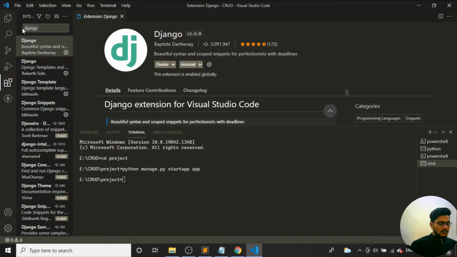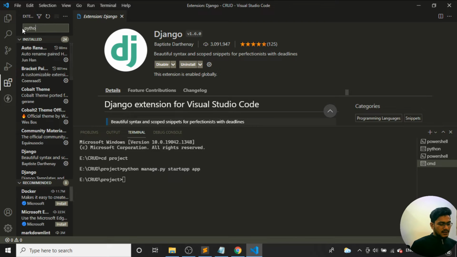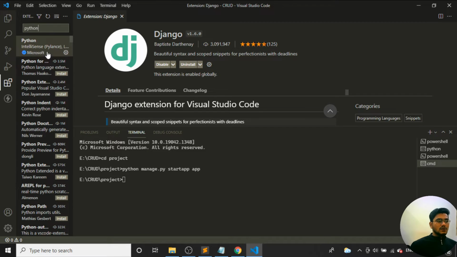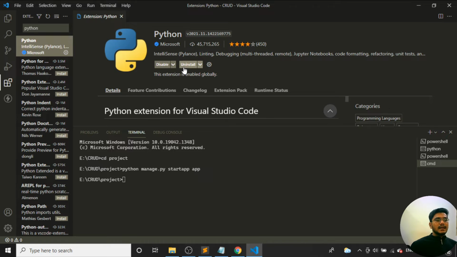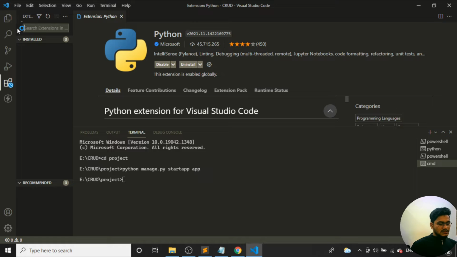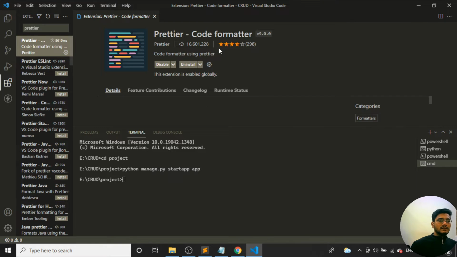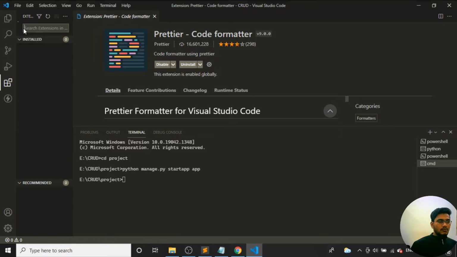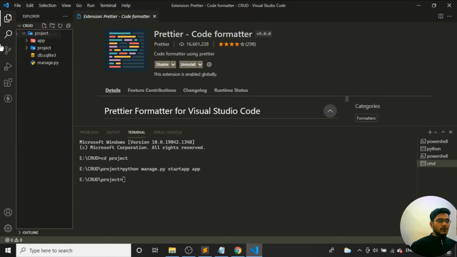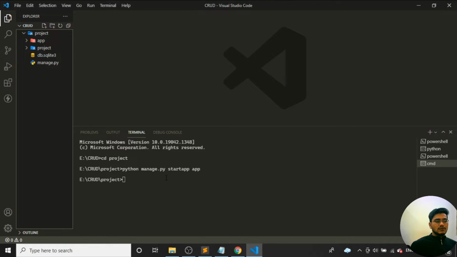Okay, so here it has been enabled. Here I need to enter one more thing, that is Python, so that I can get the Python suggestions also. If I search Python, you can see I have already installed it. You can install this Python extension. One more extension is Prettier. You can search for Prettier. It will beautify your code. Okay, so these are the few important extensions. You can download them. So once it is done, we'll look at the coding part. So these are all the things we need to do.